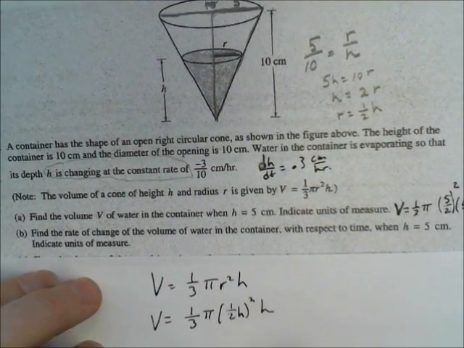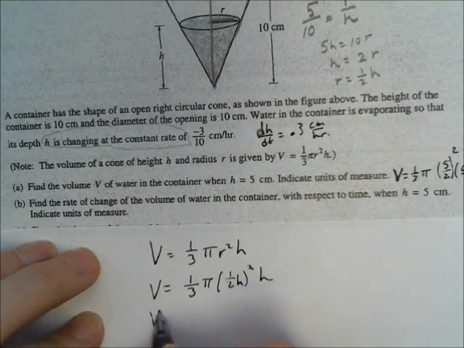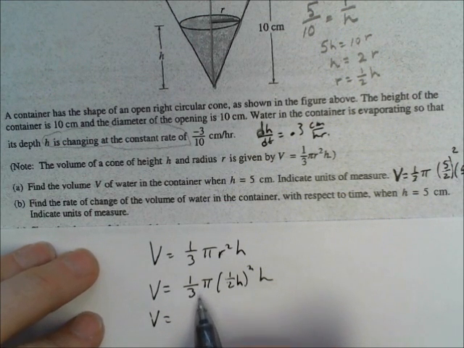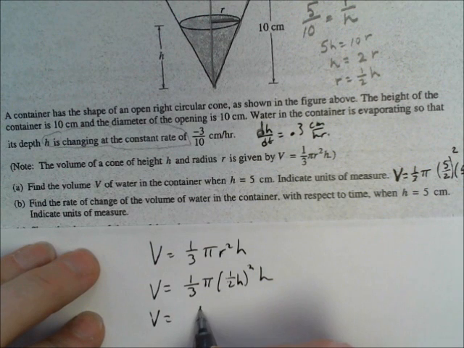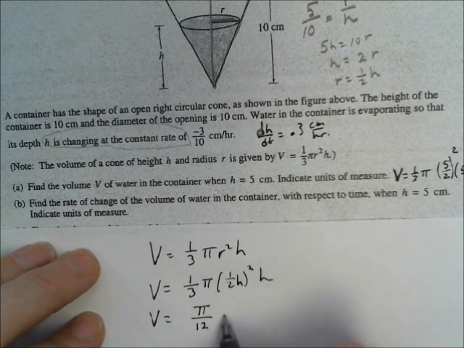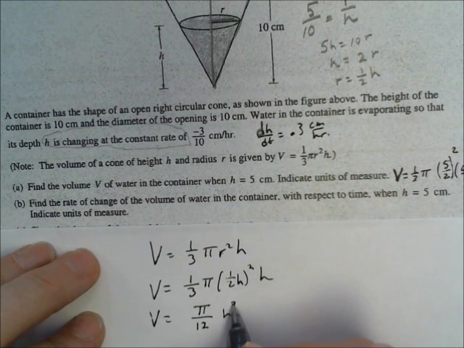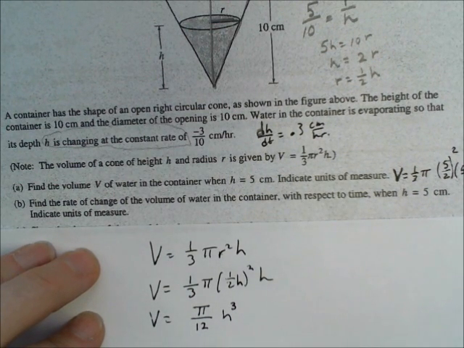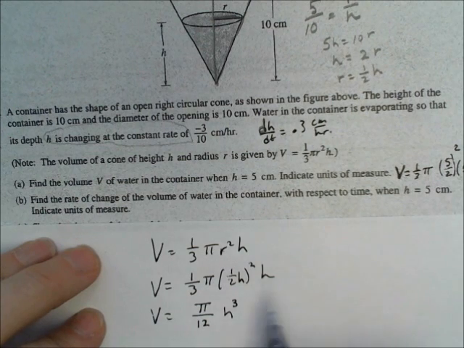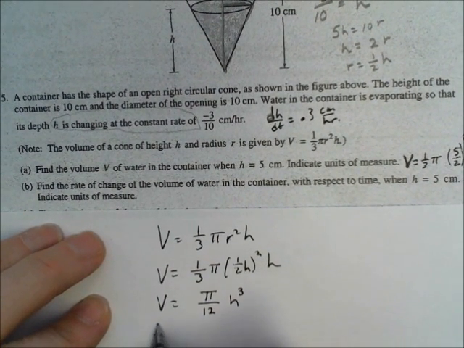And what that volume is, 1/3 times 1/4, which is 1/12, and you have a pi in the numerator: pi over 12 times H squared times H, which is H cubed. So there's the volume. And now once we get the volume formula, we can take the derivative, dV/dt